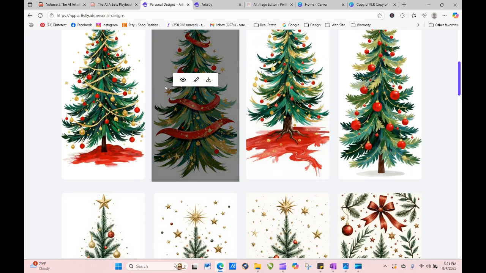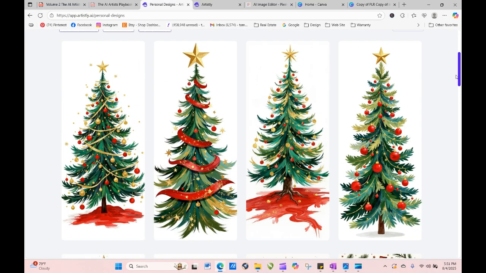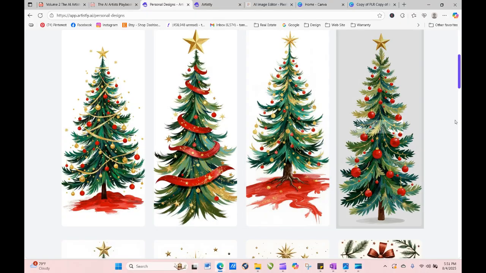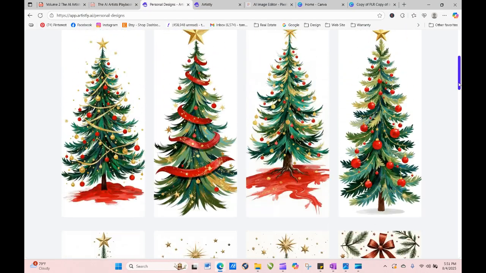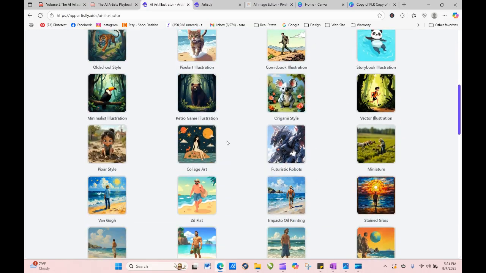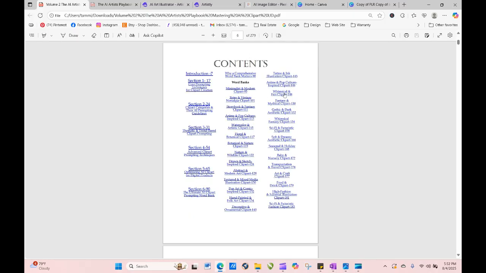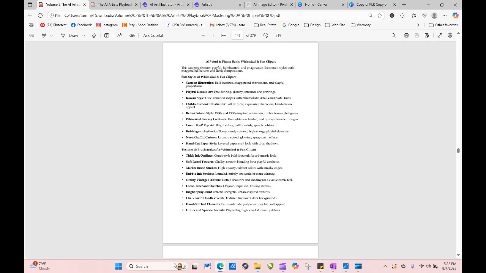Now we've got this. This is using the golden style, which is the one that I would choose out of all the ones that we've done because it's closest to what I was thinking about. And we could also take and change it up since it's supposed to be somewhat whimsical. We could go in and we can go over here to whimsical and fun. We can go down here to the colors